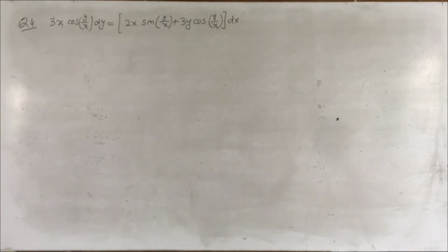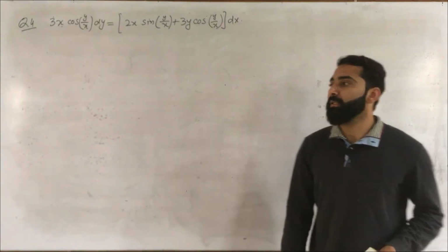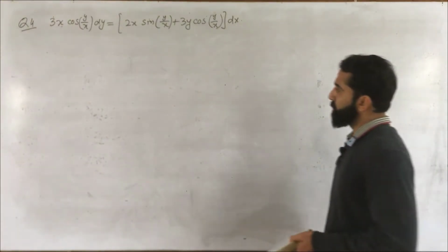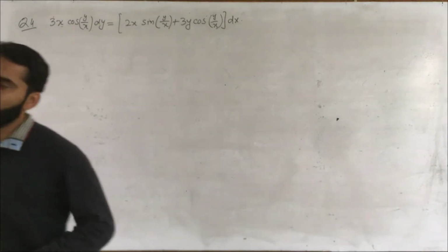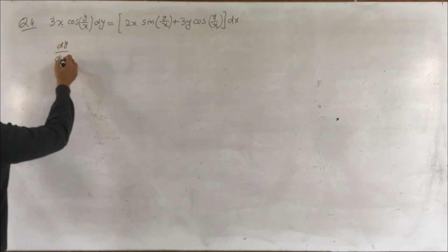First of all, we can see that these variables x and y cannot be separated. So we will convert it to the homogeneous differential equation, which is dy over dx is equal to